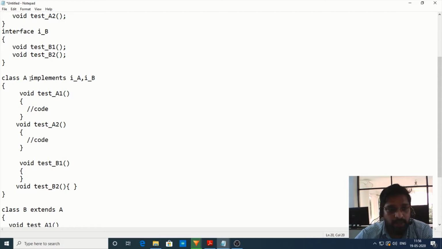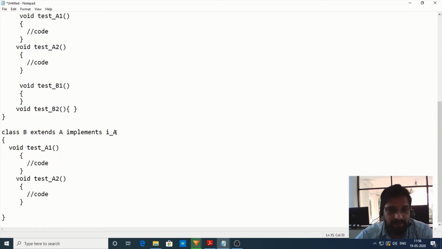It can do it by using the keyword implements followed by the name of the interface, that is I_a. So this also can be done. When a class is trying to extend another class and you want to implement an interface at the same time, you need to use the keyword implements followed by I_a.